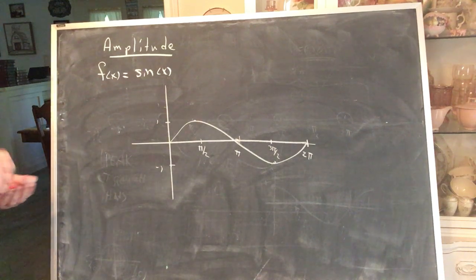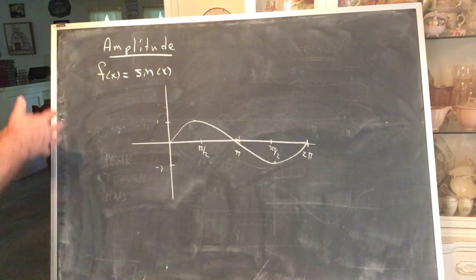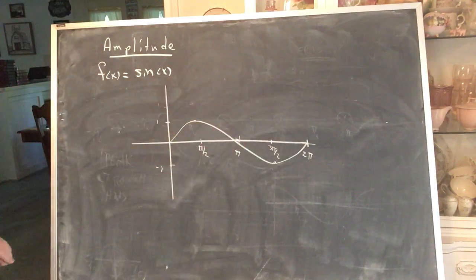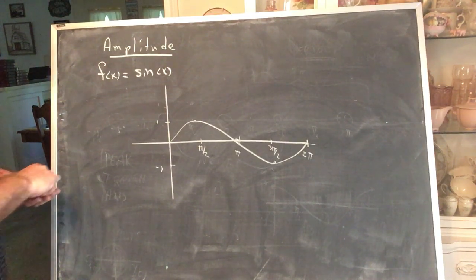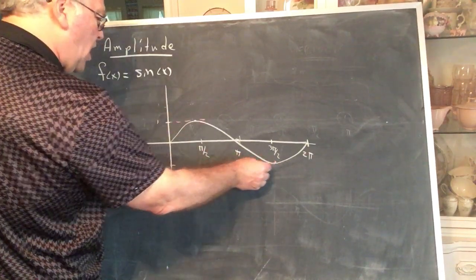Okay, our next piece is getting to this notion of an amplitude. So I have one period of the sine curve drawn here. Now this applies to the entire curve on its entire domain, but I'm going to talk about it only on just this period, from 0 to 2 pi. Amplitude is a fundamental notion in the sine curve and in any periodic function, but especially in the sine and the cosine curves. Now, we saw that the peak in this case is at 1, the trough